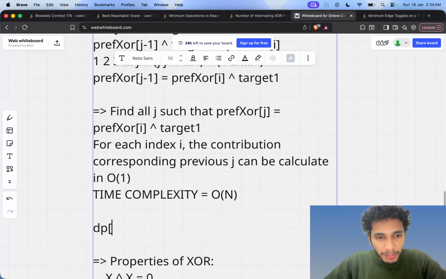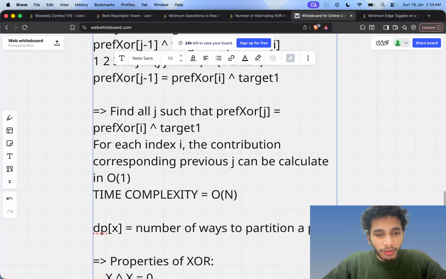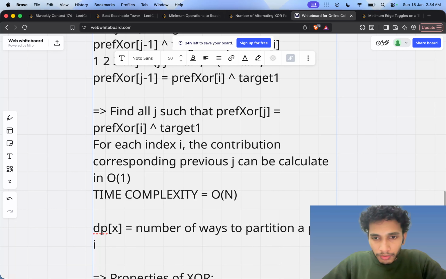We manipulated our DP states as DP at a particular XOR value, let's say x, says the number of ways to partition a prefix. Let's say we have computed up till index I. So partition up till prefix I,